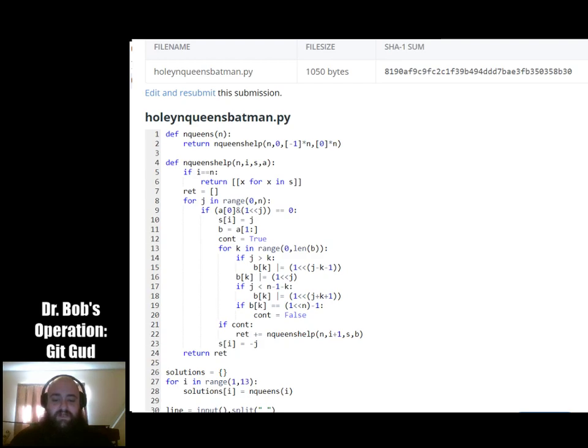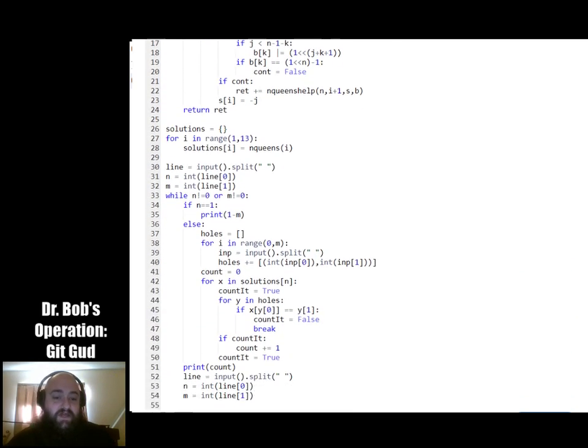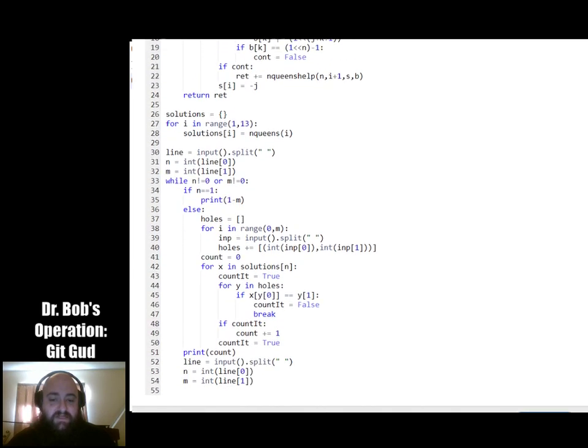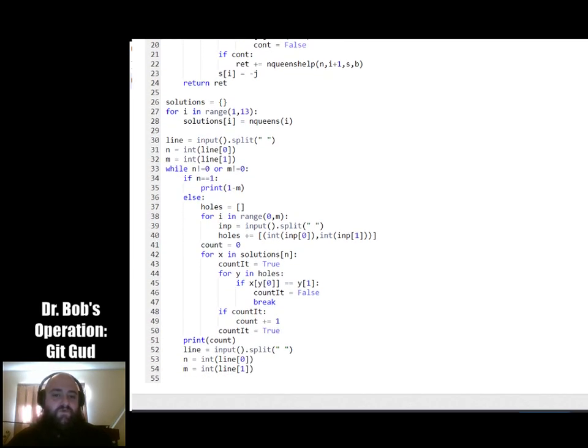Then, if we're supposed to continue, I go ahead and get the n queens from the rest of it. And this is the RET, which is our return array. So what we're doing is adding the array we get here to this array. So this is an array of arrays, and each individual array represents a solution to n queens for that n. Then what I do, because there's a reasonable number of solutions, the number for 12 is just like 12,000 or so,